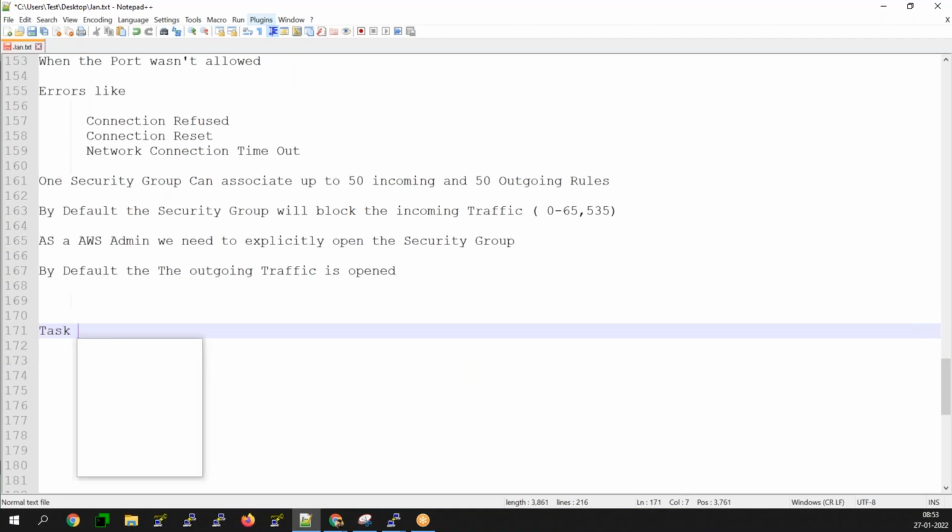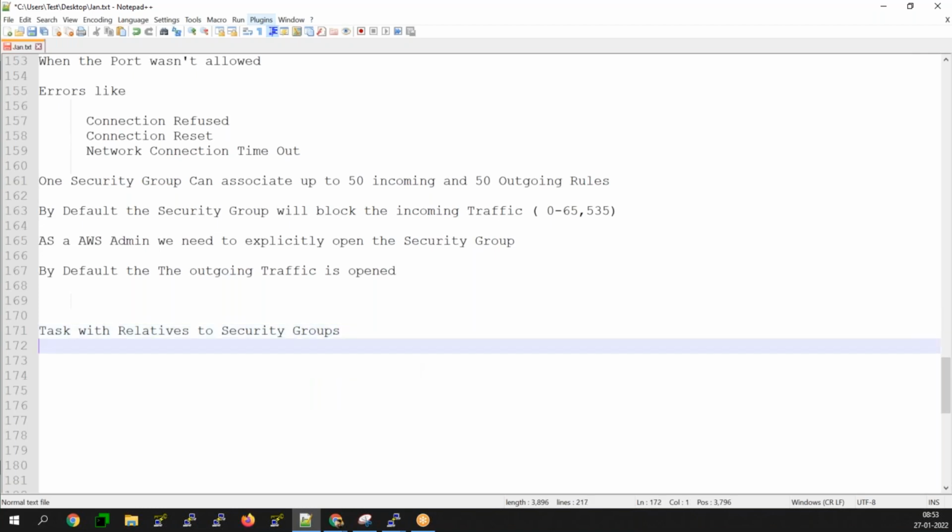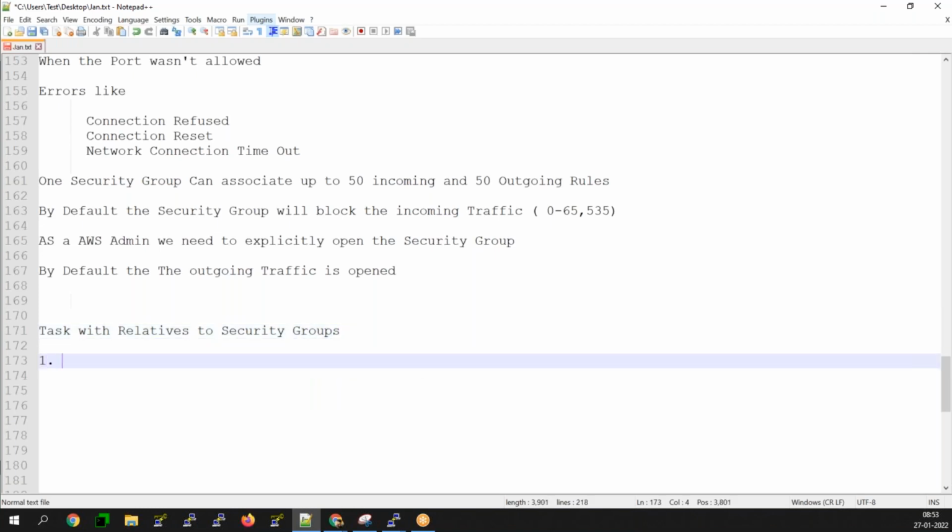The first task: your manager asked you to open port 22 with a specific IP address,